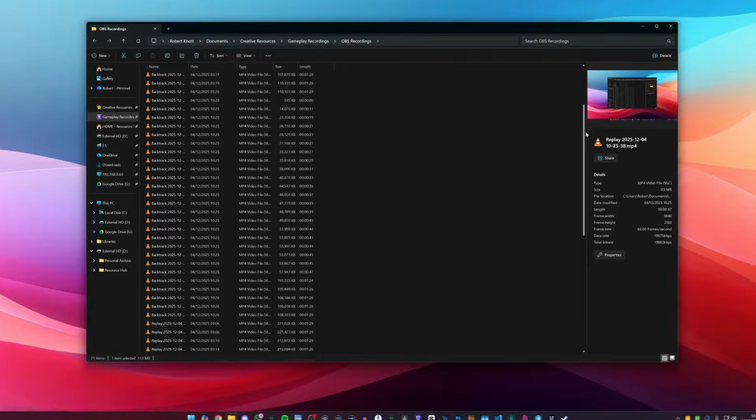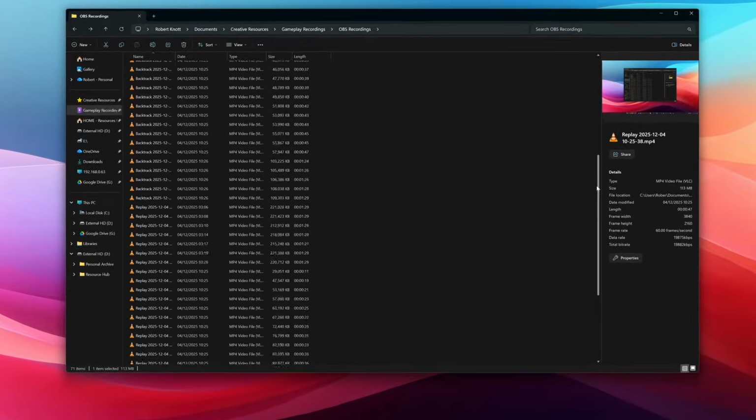The problem is we've all been doing it wrong. We play the game, we have a laugh with chat, we capture some of the best moments, and then all those files, those clips, they just sit in a folder, never to be touched again. Because it's a pain to organize them all. We've all been there, right?